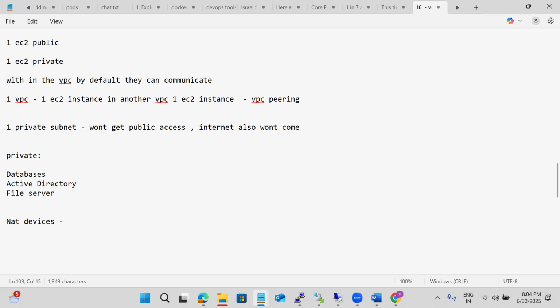In NAT devices, we have two types. One is NAT gateway and the second one is NAT instance. Can you tell me what is the purpose of that? What is the purpose of that? Translate private IP to public IP. No. For the private subnet resources, we want